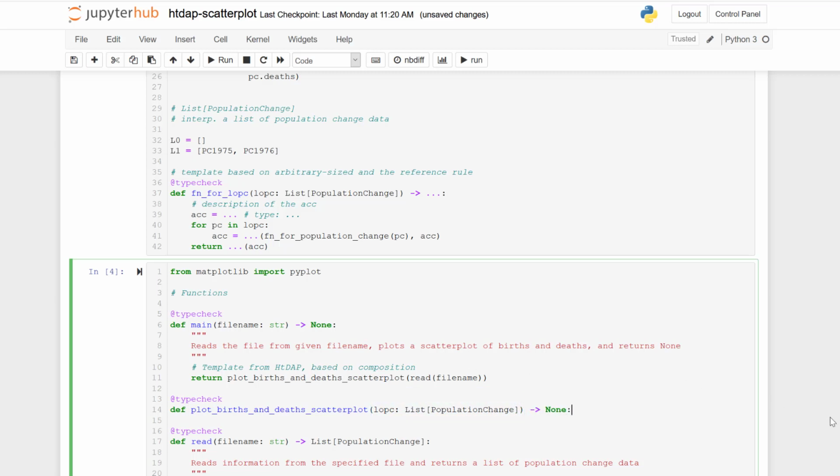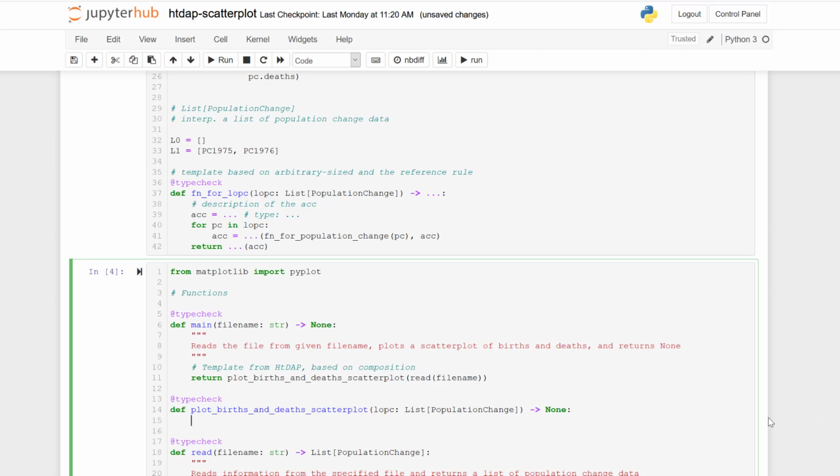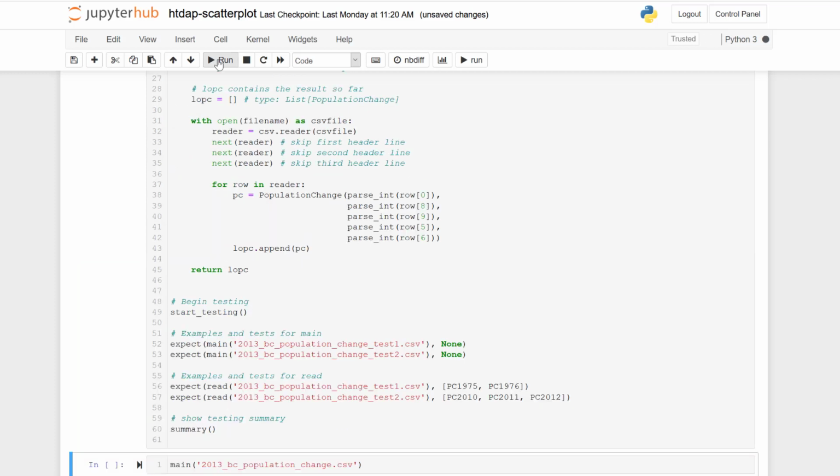Because it's showing a graph, I know that its return value will be none. I'll say plot a scatter plot of births and deaths from LOPC and return none. And then to finish the stub, I'll include the return value. Now when I run this cell, I expect my test for main to run without error. And they do.